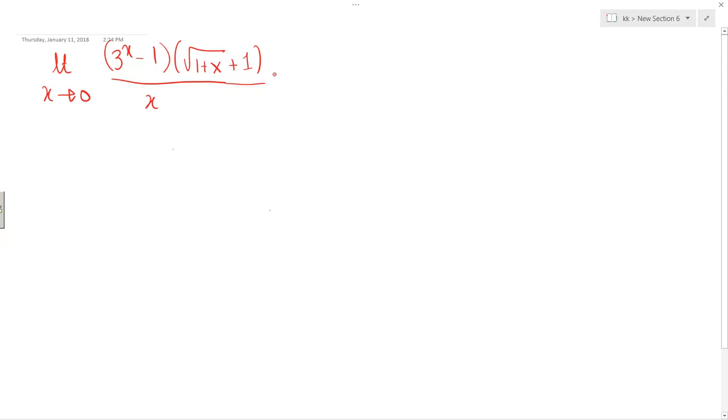Now the problem is turning out to be very interesting. Now let's separate the terms. X tending to 0, let's try 3 power x minus 1 over x into limit x tending to 0,